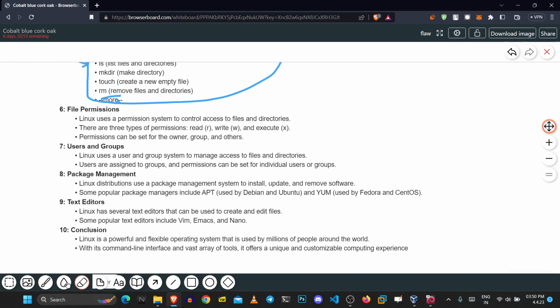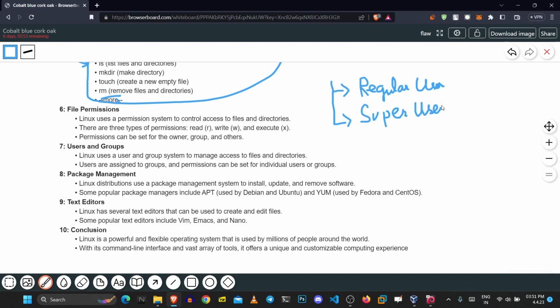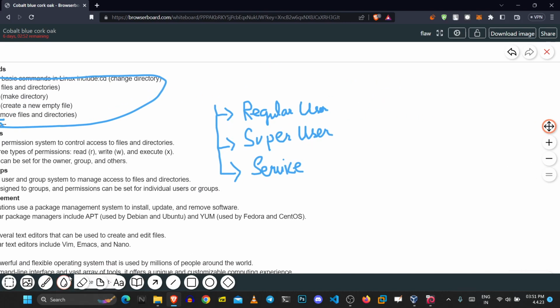So first of all, in Linux you have three types of users. First one is regular users, and the next one is super user, and another one is service user. Okay, so what is a regular user and what can he do? For example, we create a user